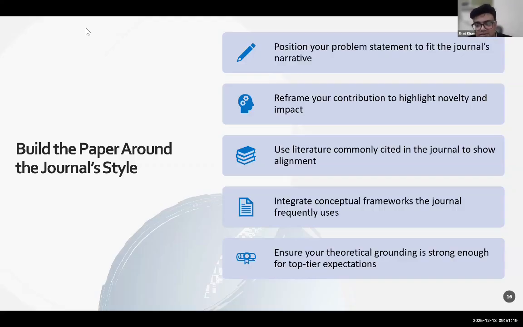We try to see how the journal's literature has been developed. We try to see what the common theories are that a journal follows, and we try to build ourselves around those theories. I'm not saying try to copy exactly the same theory. We will try to see what we can add to those theories which are usually discussed in the journal. If you are able to write a paper whose findings contradict what somebody else published in the same journal, the editors welcome those kinds of ideas, because that is going to be a healthy discussion, a healthy academic discourse that we talk about.